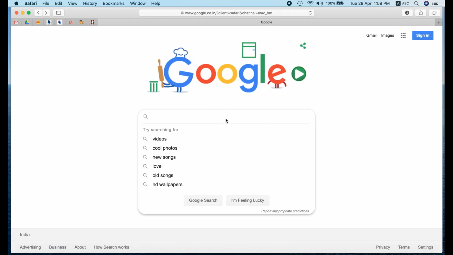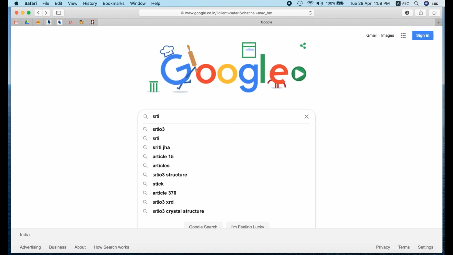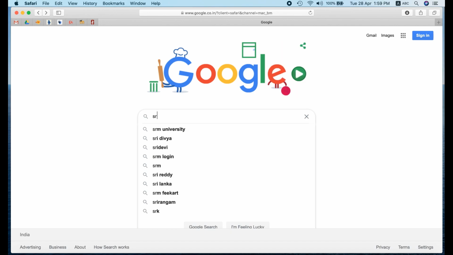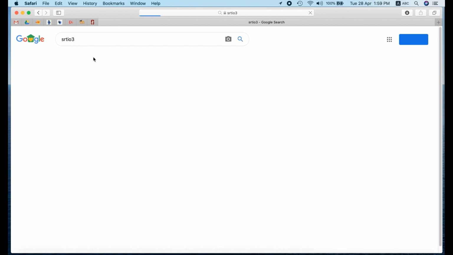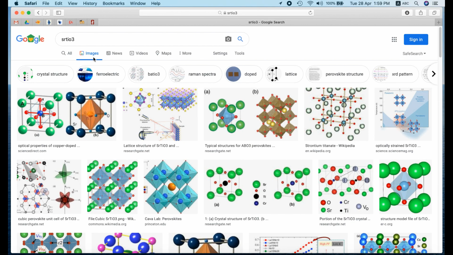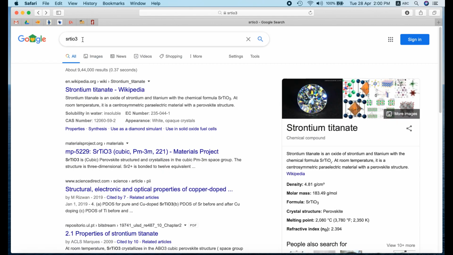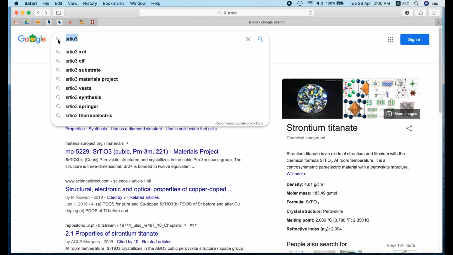So next we will take up an example, strontium titanate. For that we will go to Google and type strontium titanate, SrTiO3. If you go for image search, we can see a variety of pictures which show that strontium, titanium and oxygen are present in their respective positions, which gives a beautiful view of the body-centered cube position with the arrangement of these atoms in space. We will now try to draw a similar structure using the open source software.